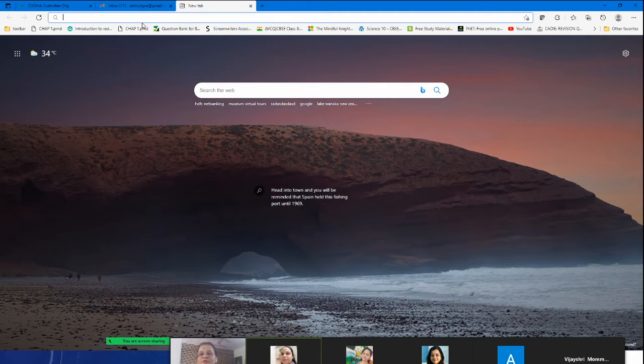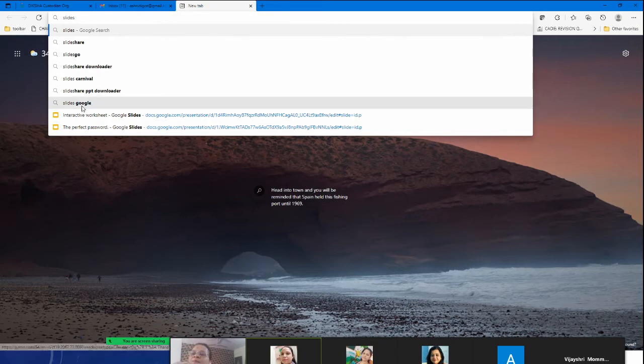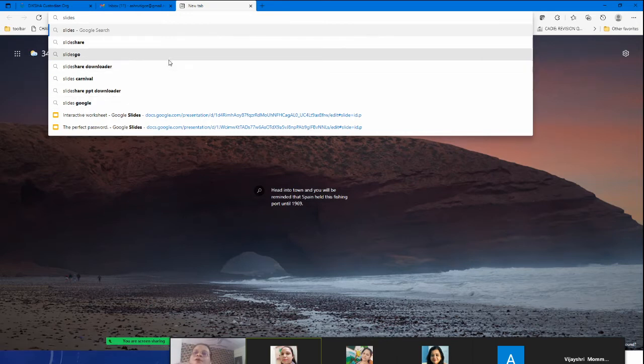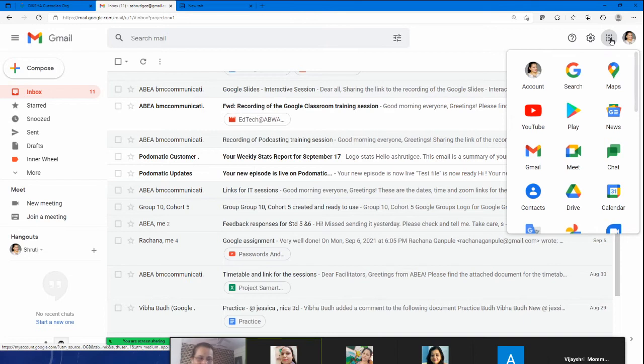So whenever you have to make use of a Google slide, how do we get to a Google slide? Either you write down slides.google, so you get slides.google से you can go, or you can go from the waffle. If you go onto the waffle, that is the 9 dots, there are two ways.